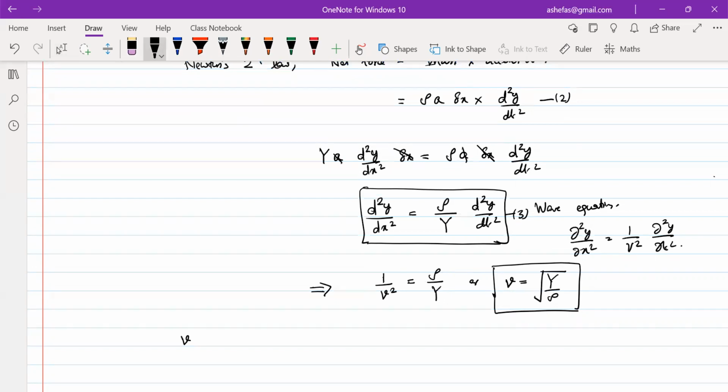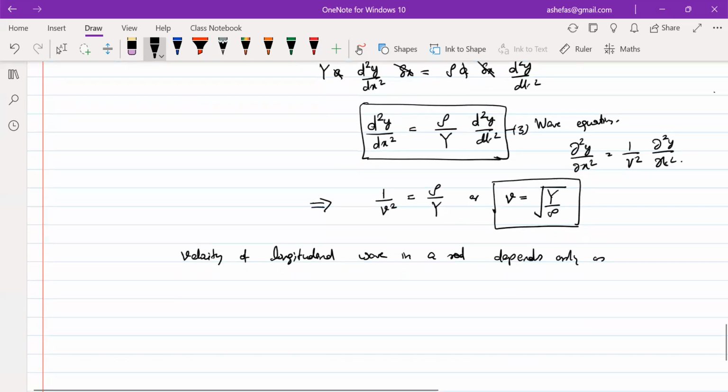So the velocity of longitudinal wave in a rod depends only on Young's modulus